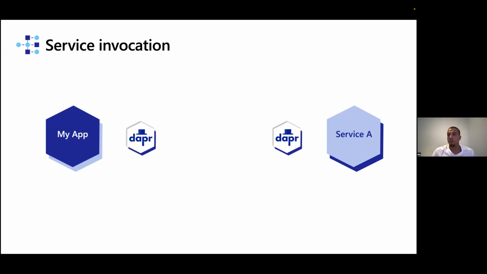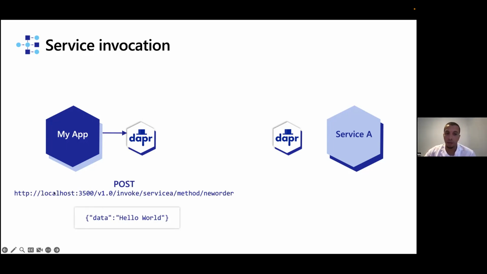Because mostly what we see across customers is if you have a large application and multiple microservices, then each team will create their own APIs their own way, and then you need to figure out how each team does their APIs and their coding, right? With Dapr, we're trying to unify on the API. So assuming that you need to do service invocation,